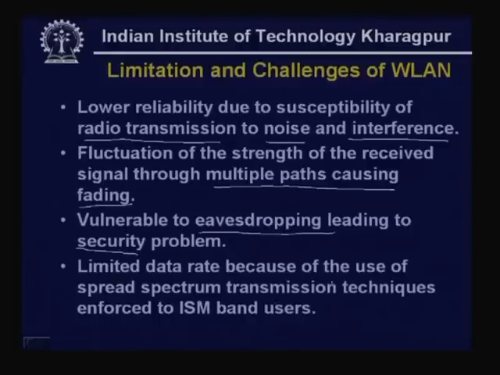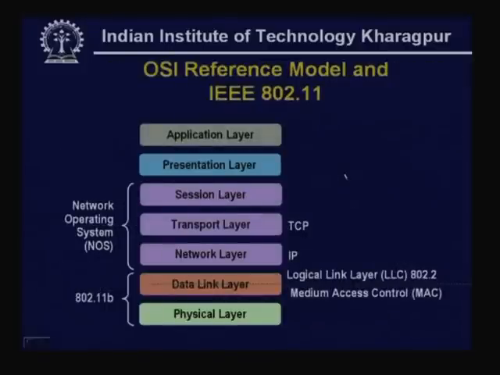Finally, there is limited data rate because of the use of spread spectrum transmission techniques enforced on the ISM band users. As we shall see, one important technique, that is spread spectrum, is used in case of wireless LAN, and this leads to smaller data rate compared to wired LAN data rates. So, these are the limitations and challenges ahead of wireless LAN, and let us see how some of these limitations and challenges are overcome. First, we shall focus on one important standard, that is IEEE 802.11,